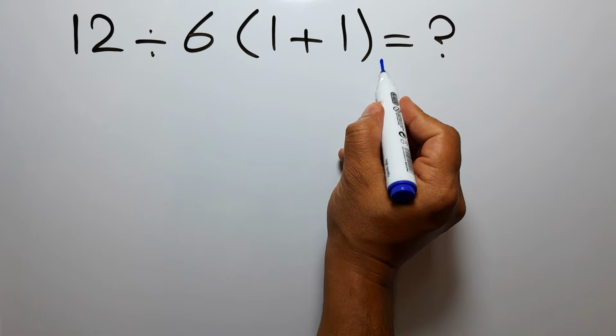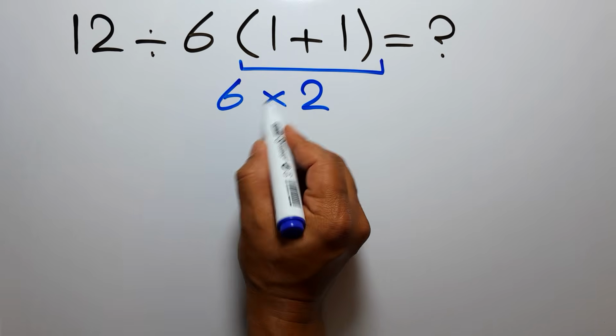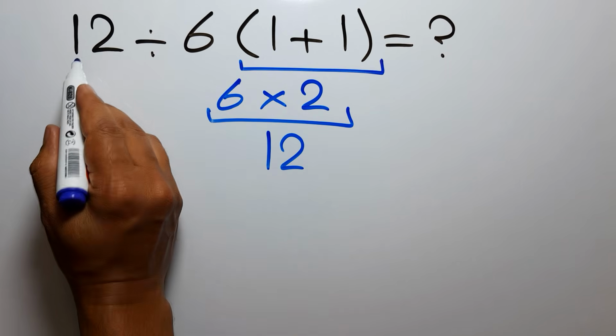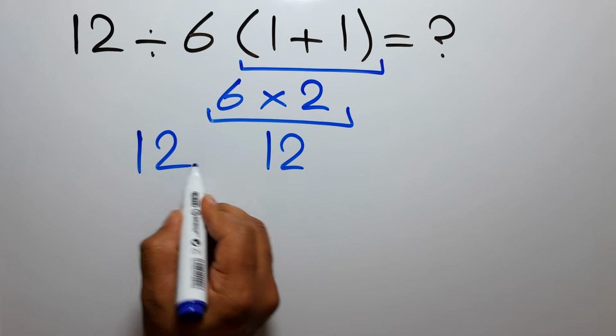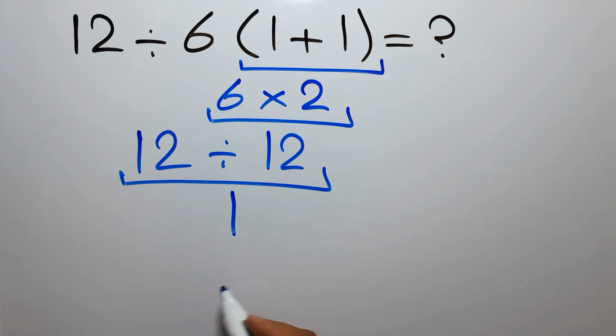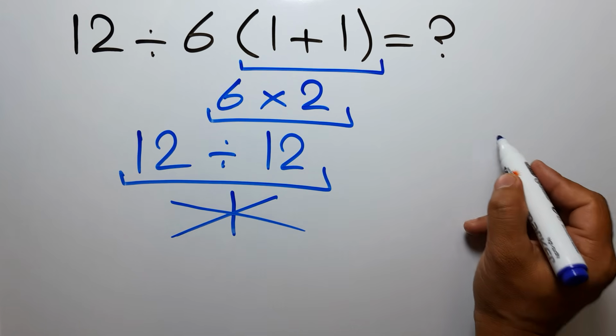1 plus 1 gives us 2. And 6 times 2 equals 12. So we have 12 divided by 12, which equals 1. But this answer is not correct because according to the order of operations, which is PEMDAS,